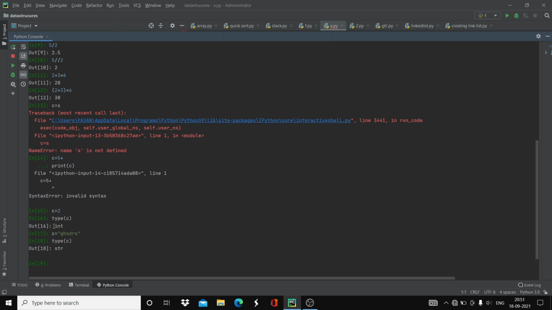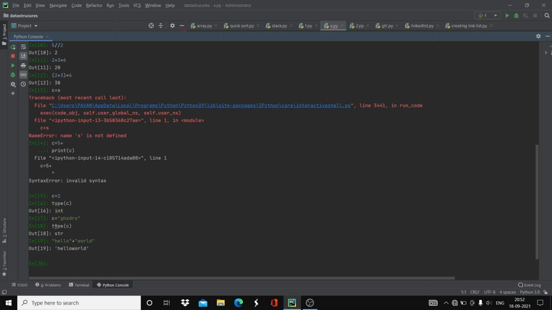For example, when you see C++ and C language or any other language, for concatenating two strings you need to write a big program. But in Python, it's not like that. For example, let's say you want "hello" is one thing and plus "world". You got an output called hello world. Whenever you use the operator plus in between two integers, it will add two numbers. And whenever you use the operator plus in between two strings, then it will print hello world.